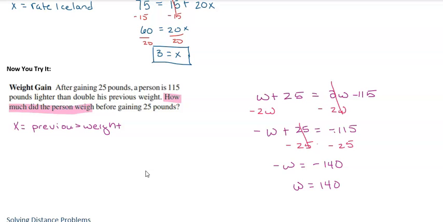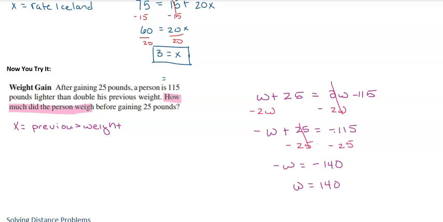So this problem is probably going to be pretty tricky for some people. But how much did the person weigh is the first thing I want to look for. So x is going to be the previous weight. So you've got to figure out what x is. You can't do these problems without figuring out x first. So after gaining 25 pounds, that means from their previous weight, they gained 25 pounds. So we get W plus 25. A person is, so is, remember that is means equals. Don't forget that. A person is, they equal 115 pounds